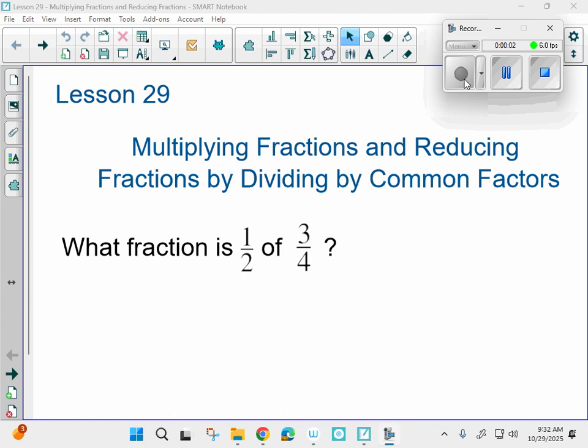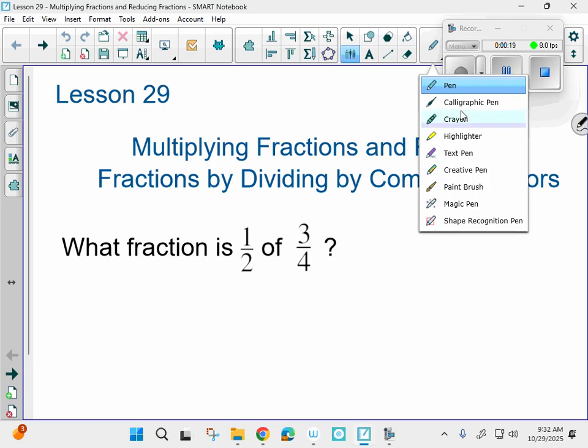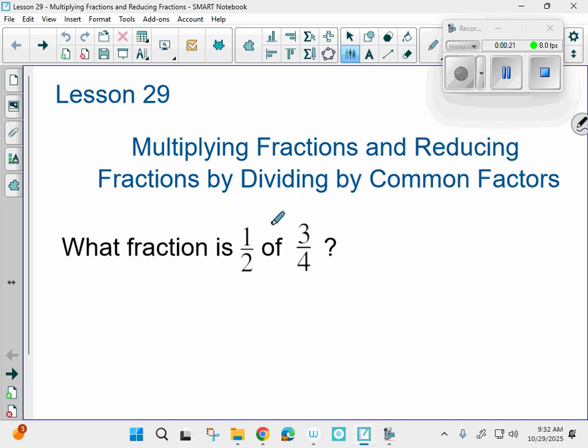All right, lesson 25, multiplying fractions and reducing fractions by dividing by common factors. So, what fraction is 1/2 of 3/4? First of all, in math, of means multiply. All right, of, this word right here, means multiply. So we're going to do 1/2 of